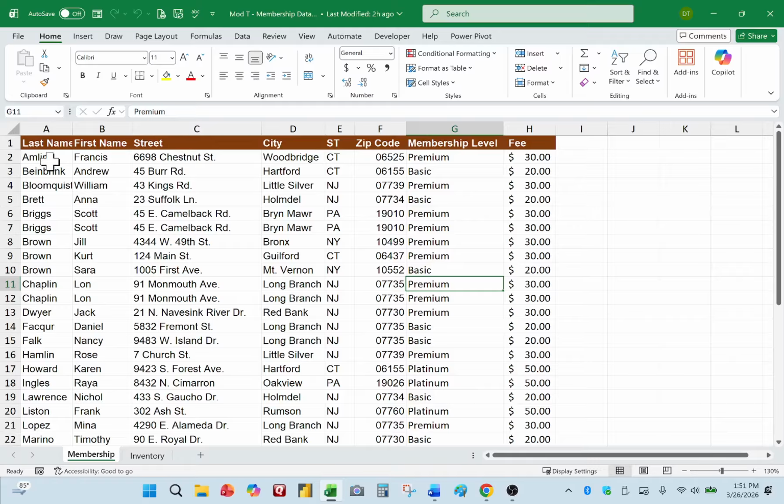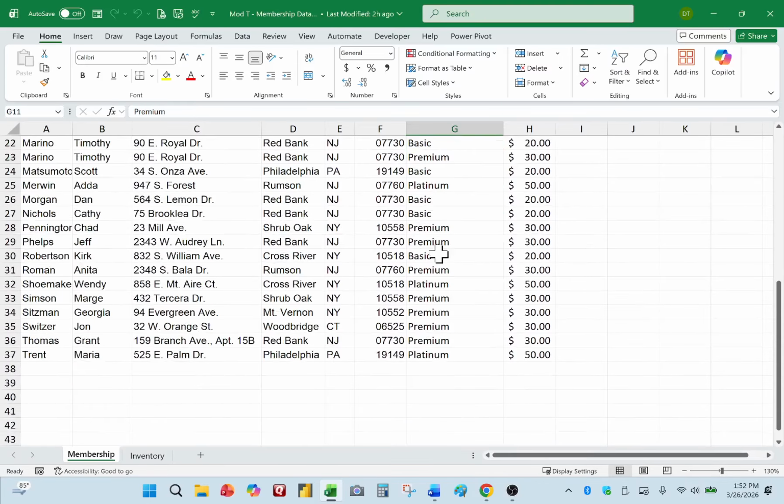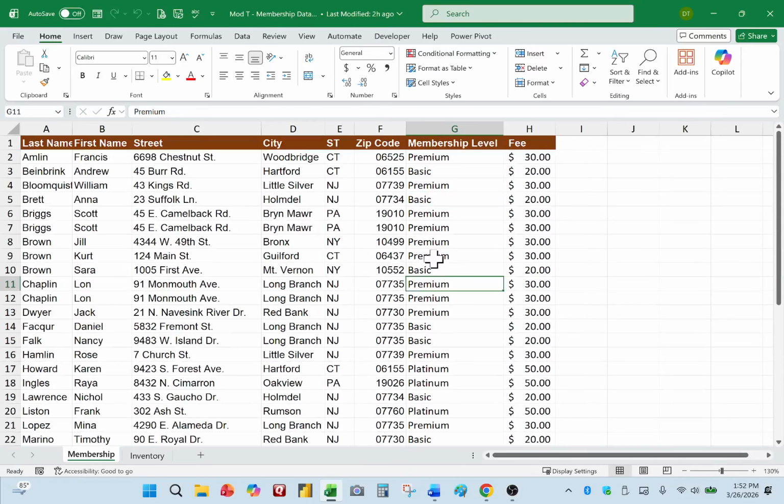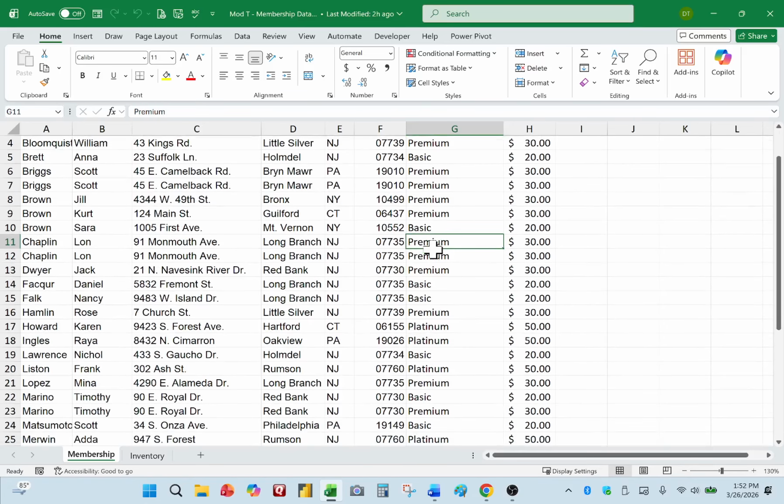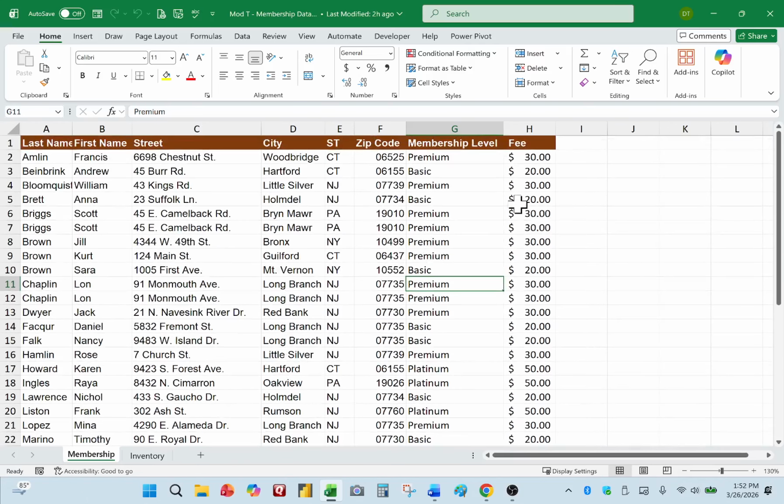And then each of these records, which means each of these unique pieces of information that have similar information, last name, first name, and so forth, is unique to that one row, and that's the record we're going to use to do the mail merge. Notice there's no blank lines in this. This has about 35, 36 people in there,